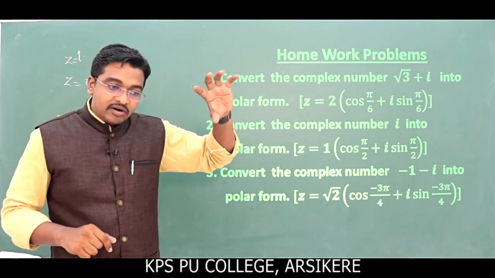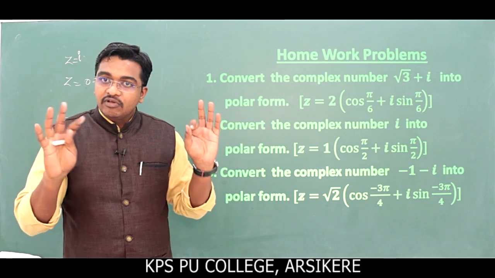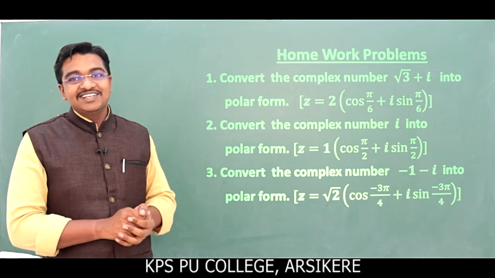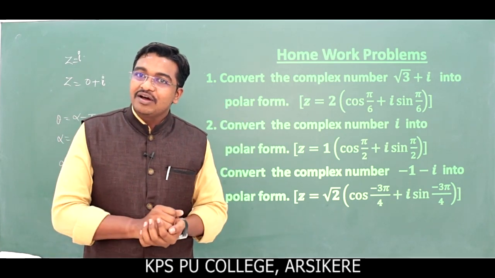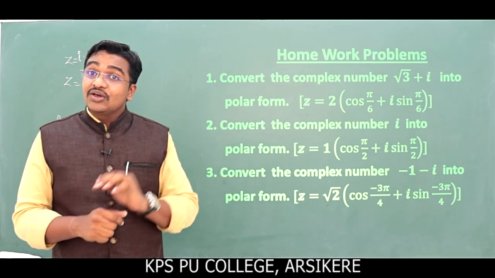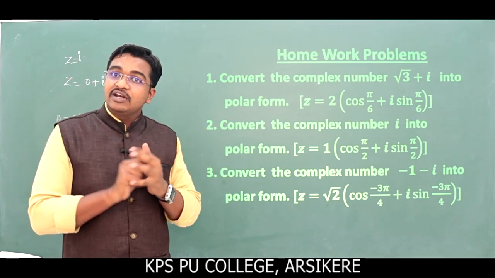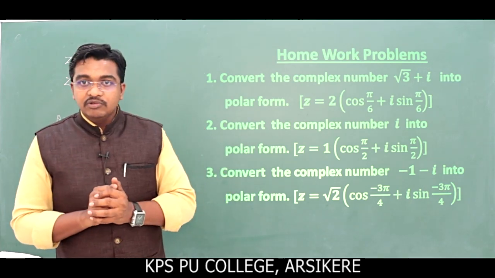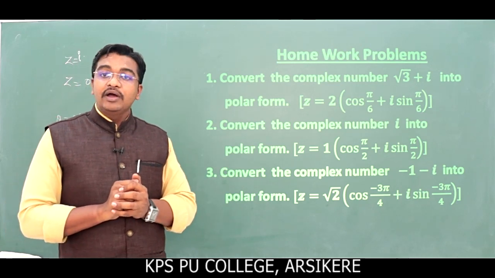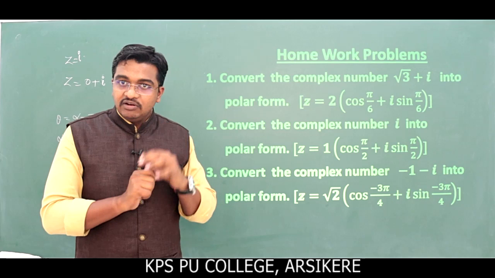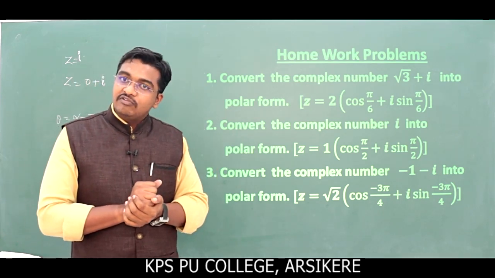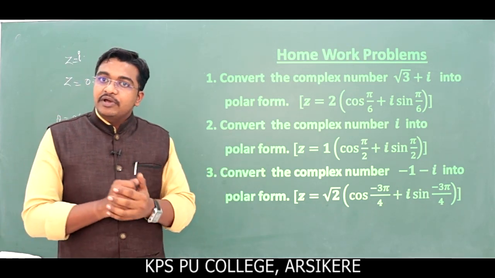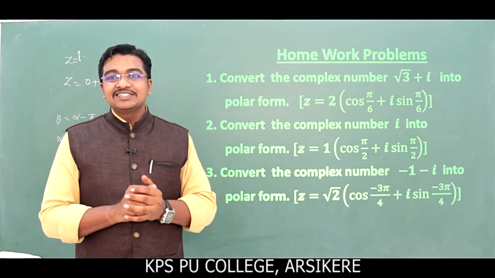How to convert the Cartesian form to polar form? Here we have the important steps. Polar form is z equals r times cos theta plus i sin theta, where r is equal to the square root of x squared plus y squared and theta is equal to tan inverse of y by x. But we take this as a principal argument, that's why we take it as theta. Here we define alpha as tan inverse of y divided by x. Depending on the quadrant, theta will vary. In the first quadrant theta is equal to alpha, in the second quadrant pi minus alpha, in the third quadrant alpha minus pi, and in the fourth quadrant minus alpha.